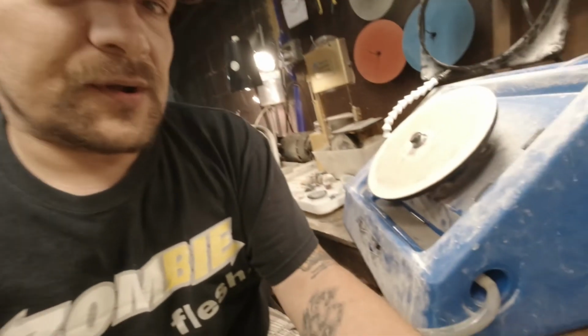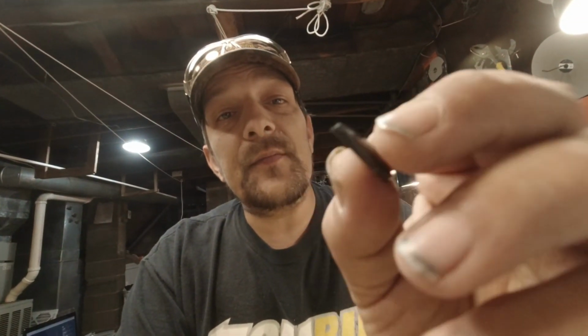This one, the teardrop, as I was putting it on the 14,000 diamond grit, decided it wanted to take flight and sail itself across my basement. So it has a little bit of a chip out of the tip here, which I could fix. It's no big deal. But it took a real nice polish,